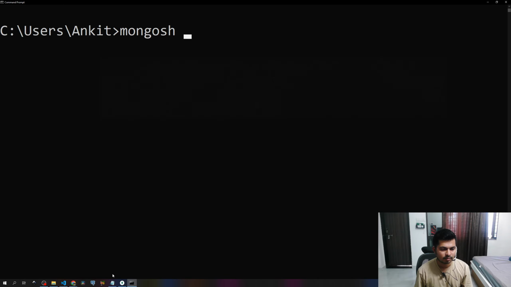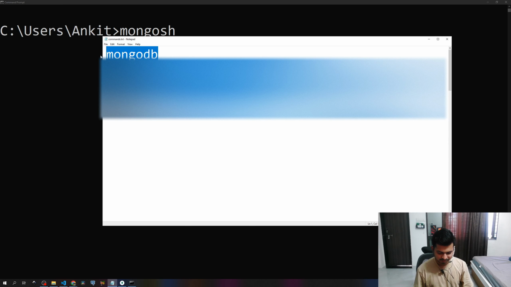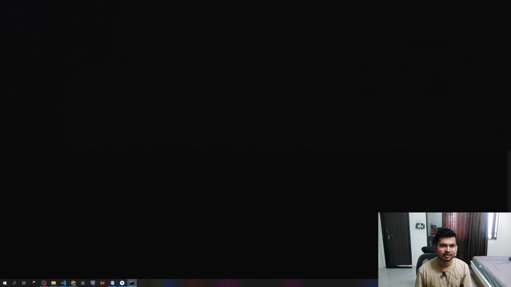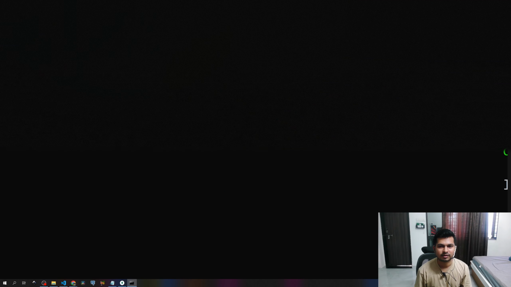To connect with remote database, we can use mongosh, and I have a remote database string that I can blur now, so you cannot connect with my database. So I will blur this one, and if I press enter, I connected with my remote database, and we can see how many databases using